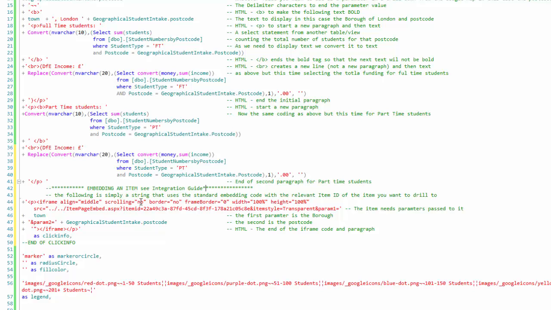And you can find all this from the manual, as I say, but also you'll find the relevant embed ASPX item ID that you're seeing there displayed in the actual item you want to drill to. Now the item we're drilling to, as I'll show you, requires two parameters, so you've got to add into the string and param1 equals, and in that case we're passing the borough, and then we're also adding and param2 equals the postcode. And then we simply close the final string, close the iframe and the paragraph tag,